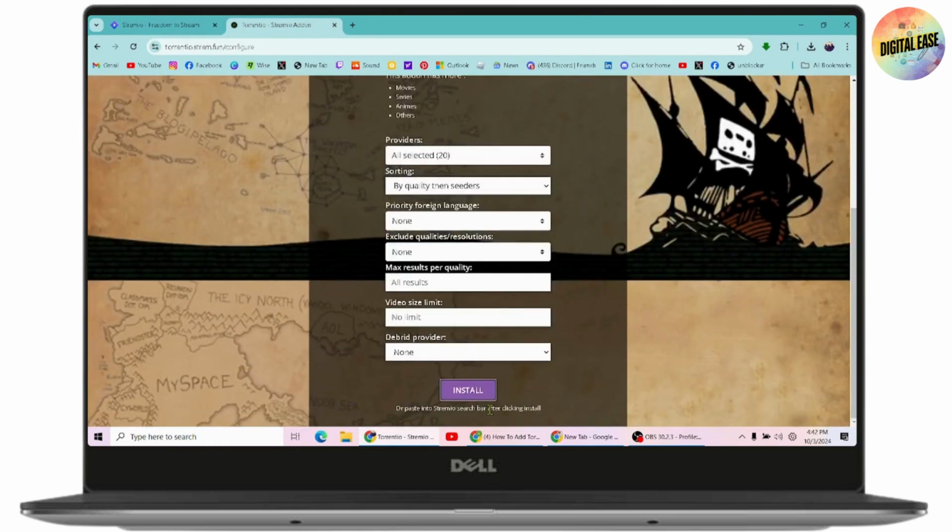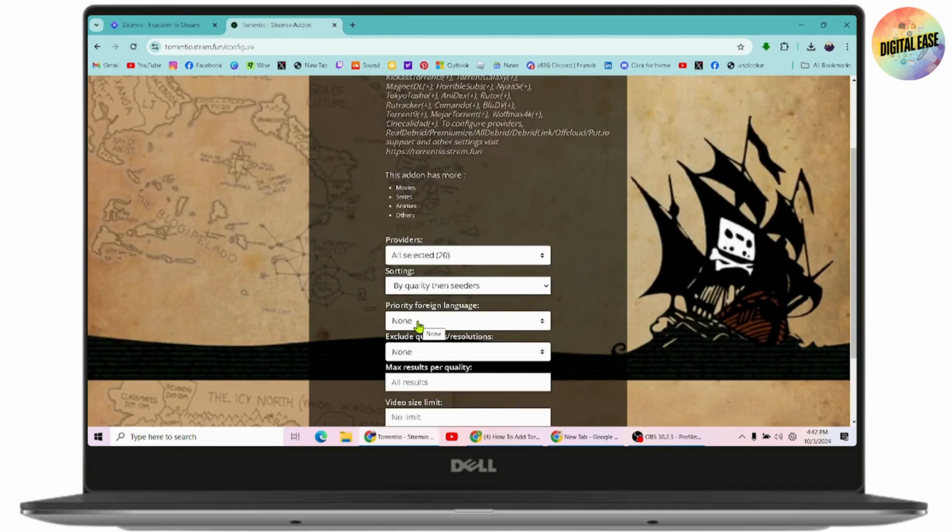And once you've installed both of that, then an interface will appear where you will be asked if you want to install these applications or these things. So you just need to simply go with install, and once you've installed, then your Torrentio will be added on your Stremio